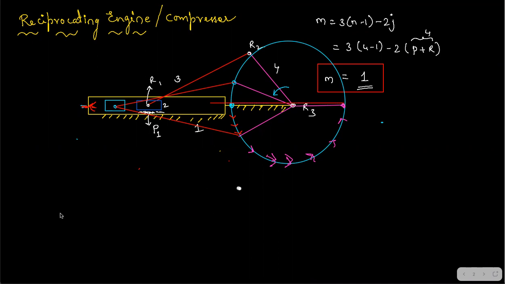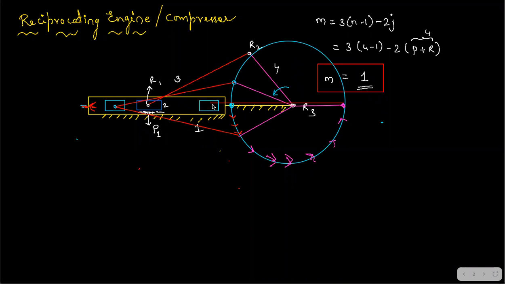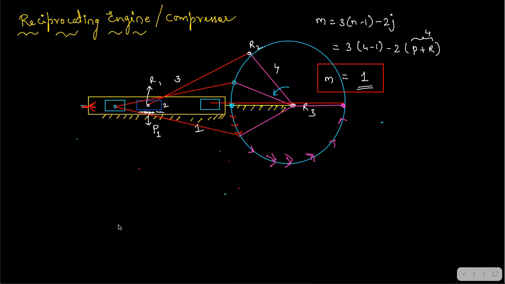And then where is the slider? The slider will come along with it, right? The slider is going to come along with the red link. So this is the slider's position. And now you have different connections. Just show the connections, the revolute joints and all. This is the revolute joint. Here is the revolute joint. That's it. And this is a fixed link.